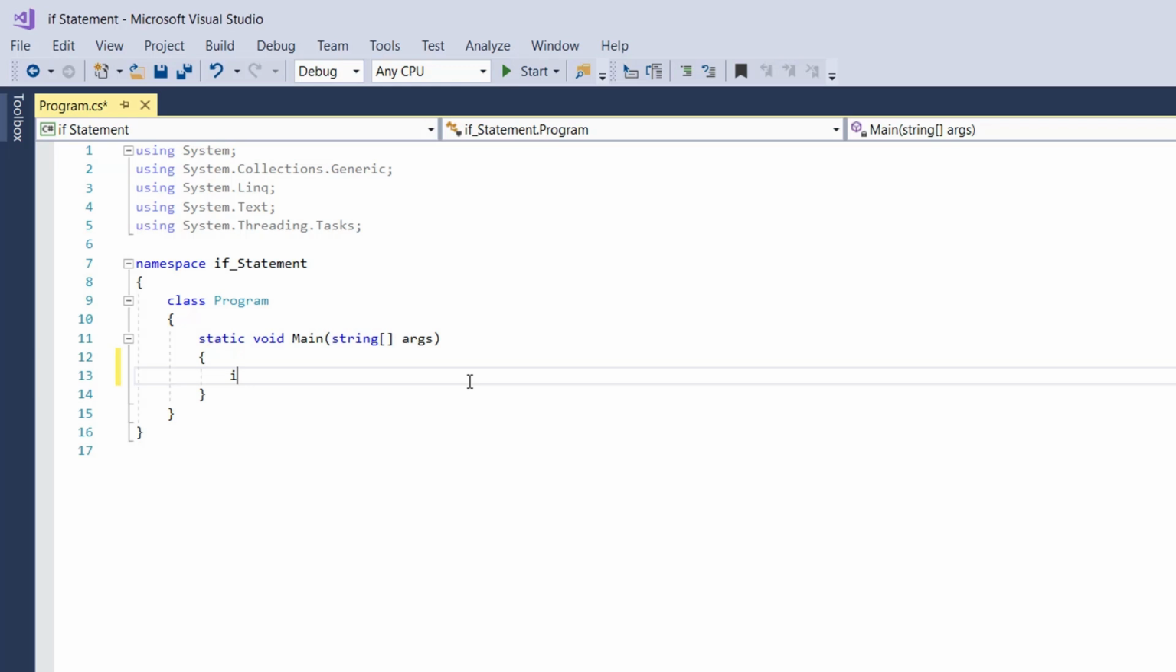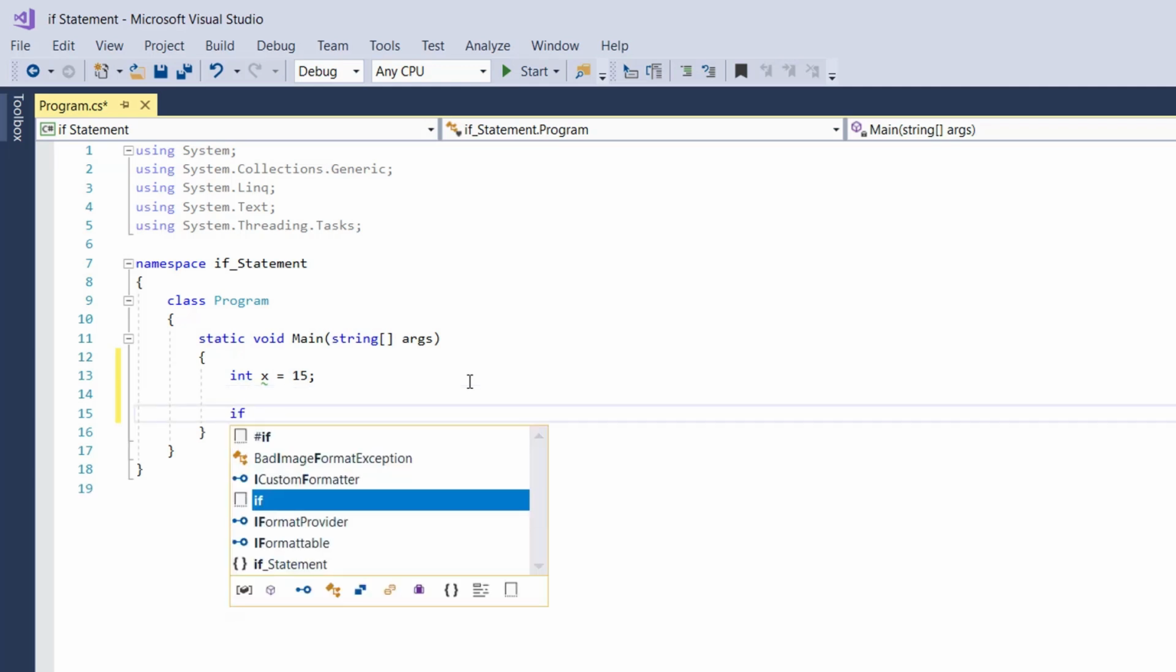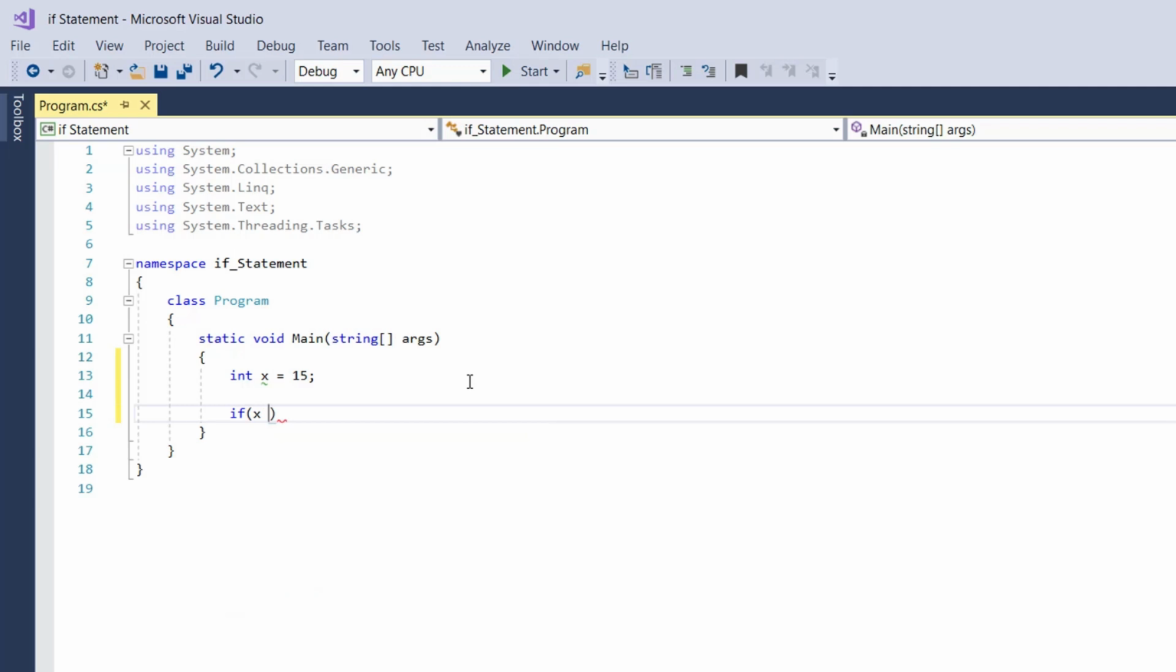Let's go ahead and create an integer, int x, and let x be equal to 15, and put a semicolon at the end. And now let's say if x is equivalent to 10. So now we tell the computer, if you see x and the value of x is equal to 10, then go ahead and print out